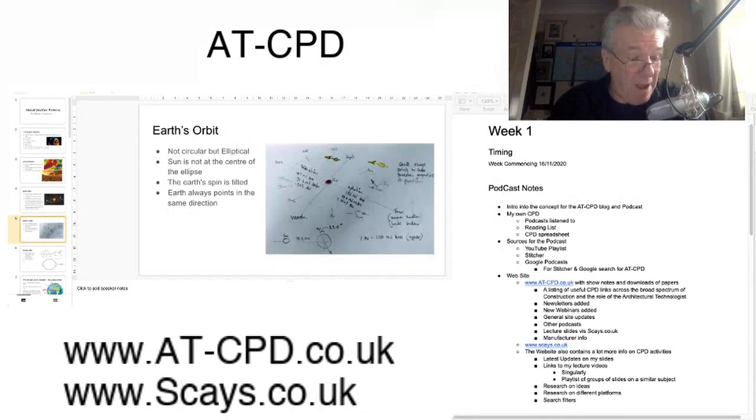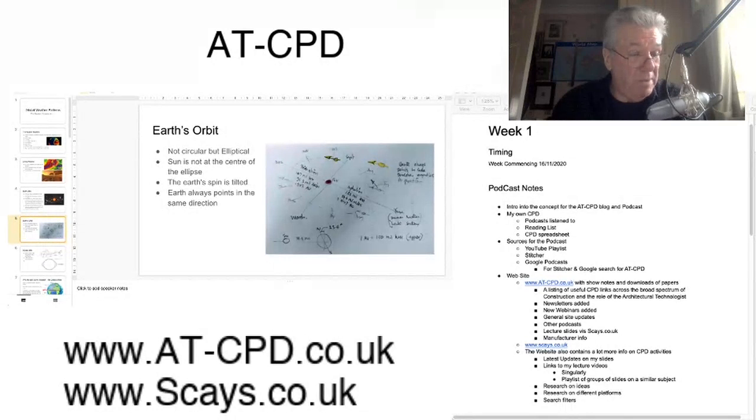It won't be there in 4 or 5 million years' time. It'll be almost 90 degrees and pointing across the minor axis of the ellipse. But at the moment, it's not there, and it won't be for another 4 or 5 million years. It now points along the major axis and always points in that same direction, no matter where it is in its orbit. So it travels around, and as it comes into the top end of the perihelion, the shorter distance,